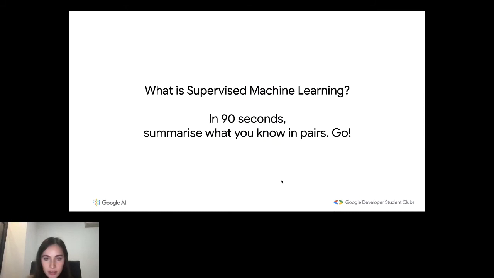What we saw in the previous lesson is what machine learning is, and we also tried to make a first distinction between the different types of tasks we can find in machine learning. What we're going to be doing right now is focus mainly on supervised machine learning. So I'd like to give you a bit of time, like 90 seconds, to think again and remember the definition of supervised machine learning. Try in your own words to write an explanation in the chat, and then we can discuss it. I'll give you like 90 seconds or a minute.